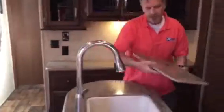Solid surface countertops. The other thing that you've got is you've got solid surface